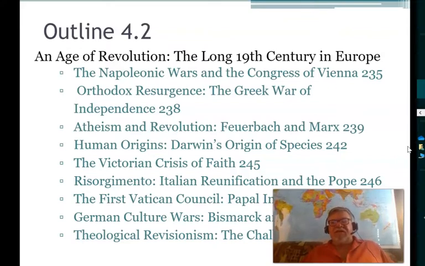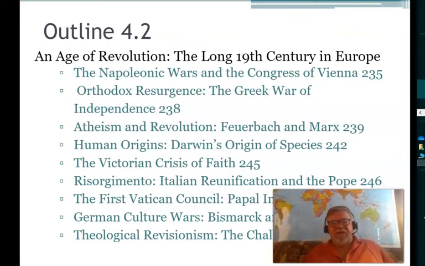So there's something similar going on there, which is partly nationalism. We'll talk a little bit about atheism leading to revolution, Feuerbach and his thesis, and Karl Marx and his reductionist definition of religion. And we'll probably end up talking about Darwin's Origin of the Species. These 3 or 4 things, the Enlightenment, the rise of atheism and indifference, revolution, Marxism, Darwinianism, all lead to a Victorian crisis of faith, which is a lapse or shrinking of religious enthusiasm, religious participation, and belief in